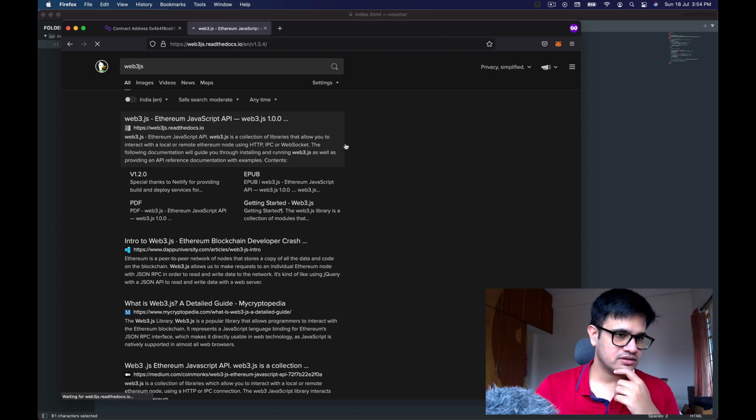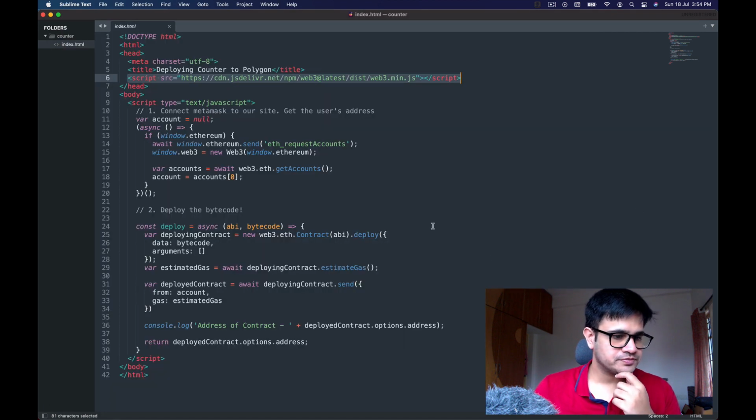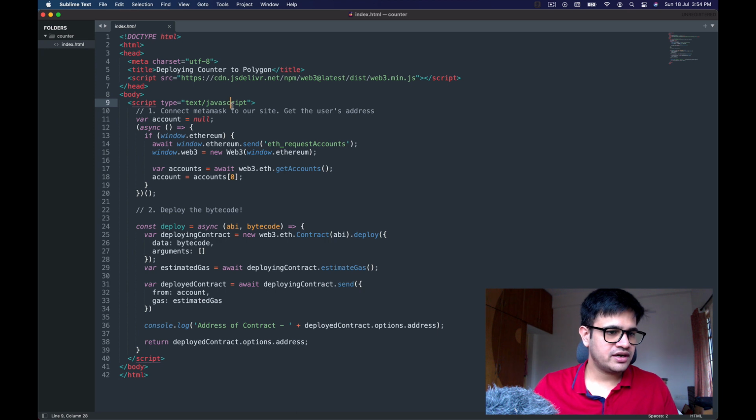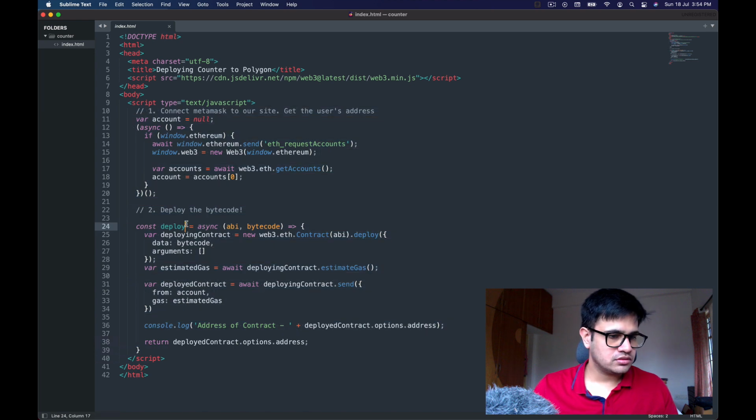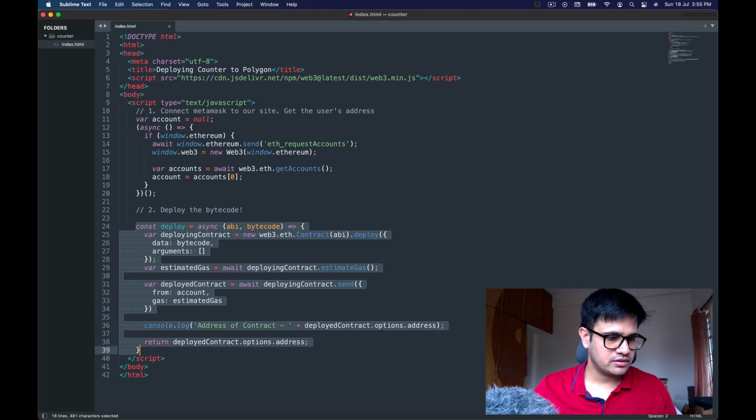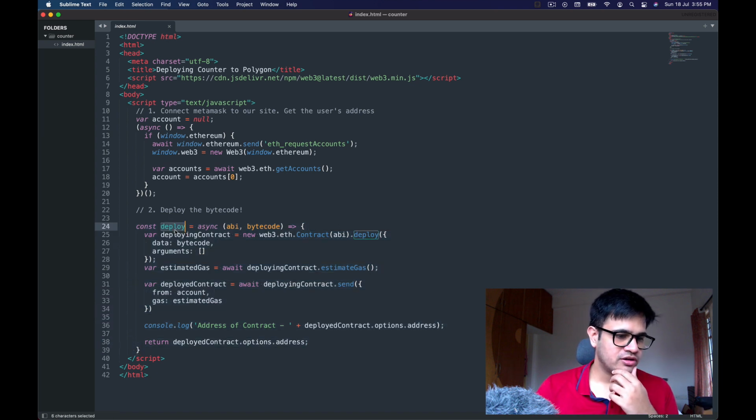This was the code that I had written during the last video. I will still need to connect to MetaMask, so I will leave this code over here, but I'm going to comment out the deploying part. Actually, I don't even need to comment it out, because the deploy method is just over there, and if I don't call it, that's fine.